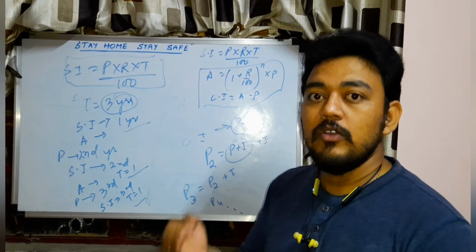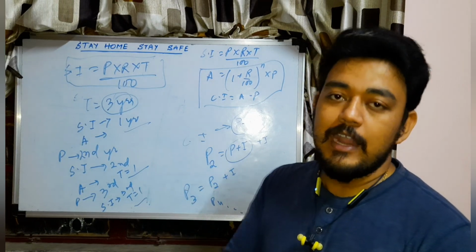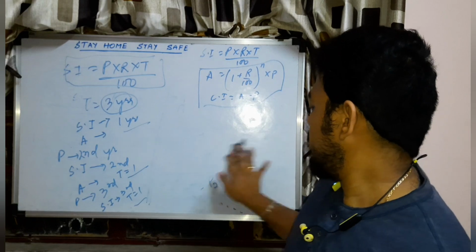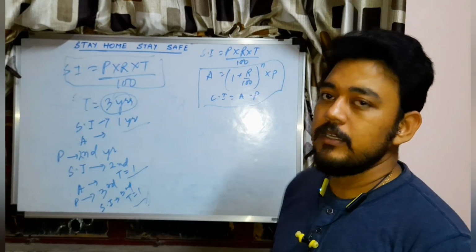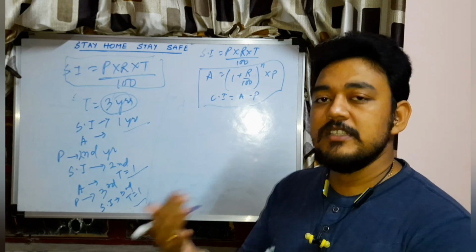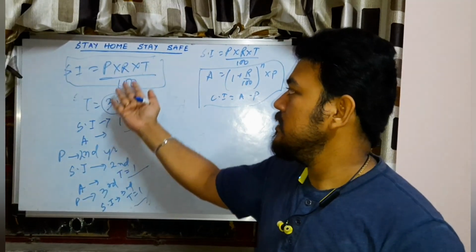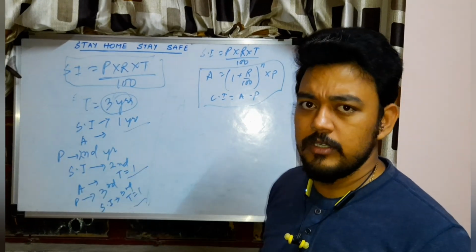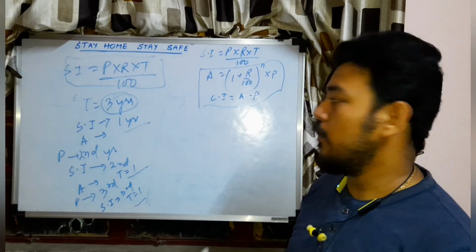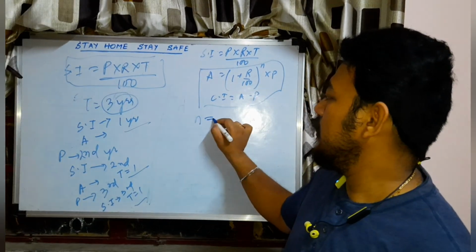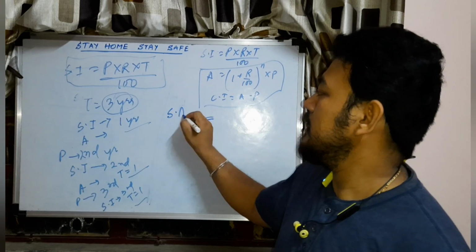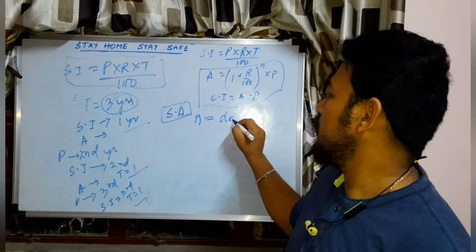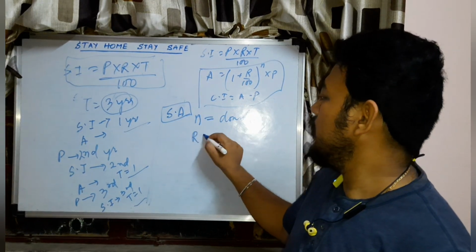Clear? So let us see what we will do if it is not annual but semi-annual or quarterly. A very simple change will be there. If it is semi-annual, by using this SI formula you can easily do it, calculating 6 months like this. But if you want to do it with this formula, then what do you have to do? If it is told semi-annually, then N you have to double, and R you have to halve.